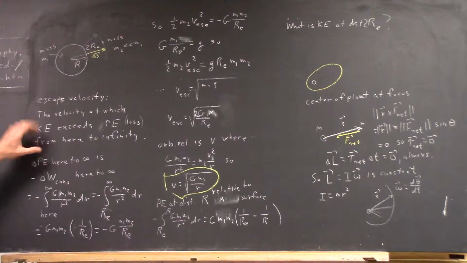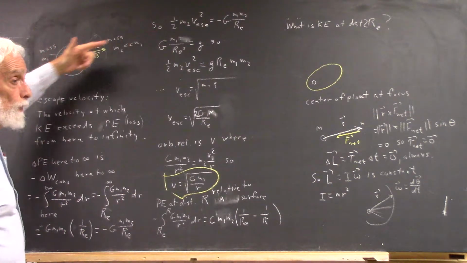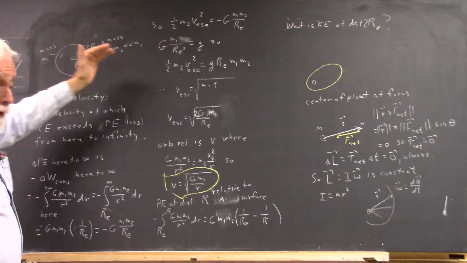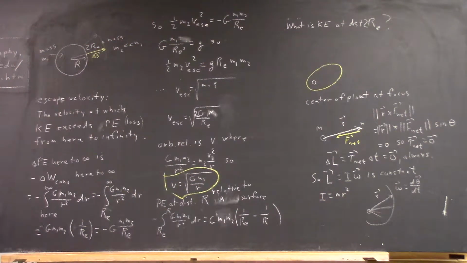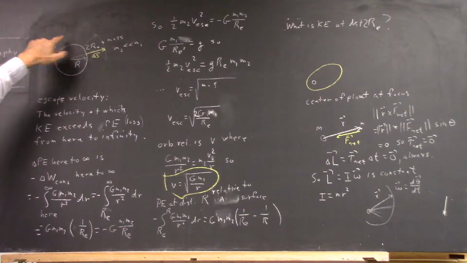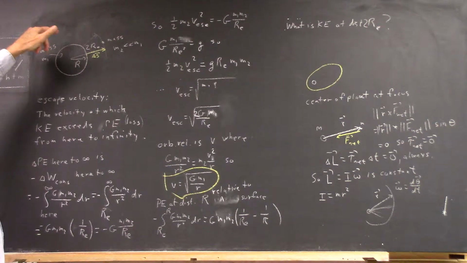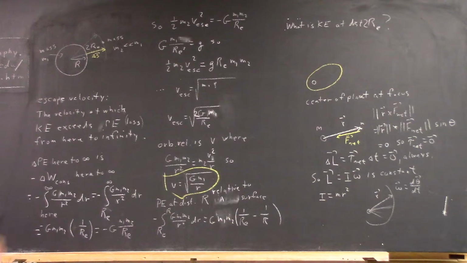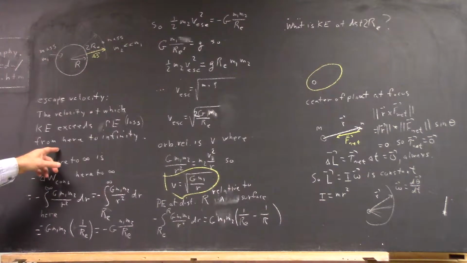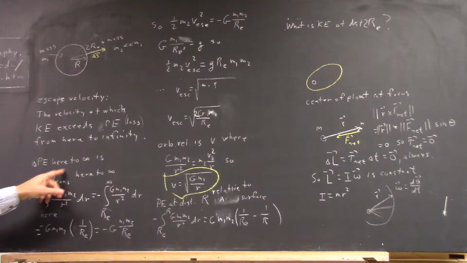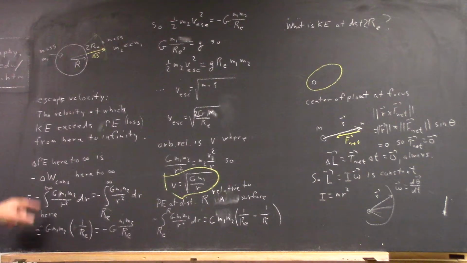So if we want to give this thing a velocity for which it will continue to go and never fall back, at least as influenced by the gravitational field of this planet, we simply calculate the potential energy change from here to infinity,